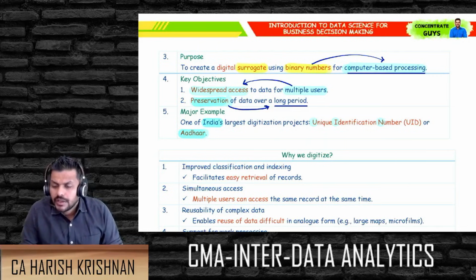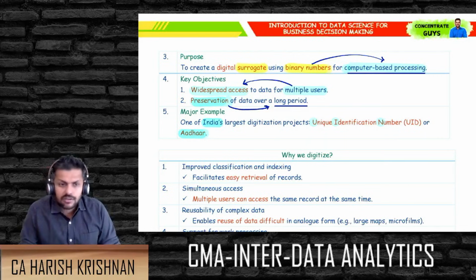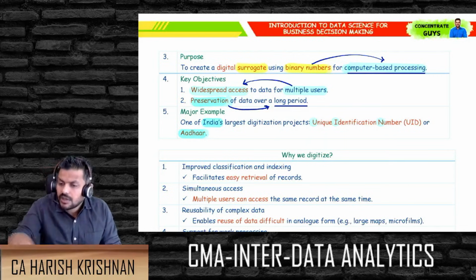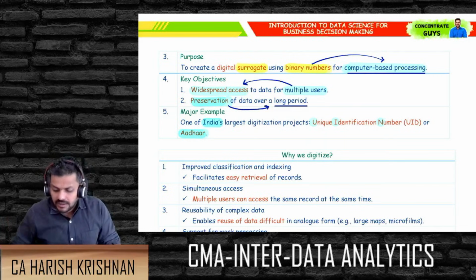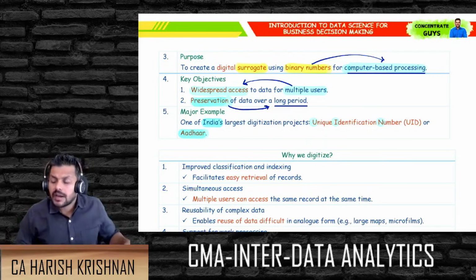I don't know how many of you use this. In airports there is a facility called Digi Yatra. You just have to put your boarding pass into the Digi Yatra app, and then there is a counter for you to walk in. As you walk in, it will just scan your eyes, and it will recognize you as a person. That's it, you can walk. And you know